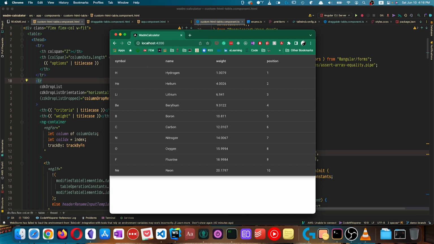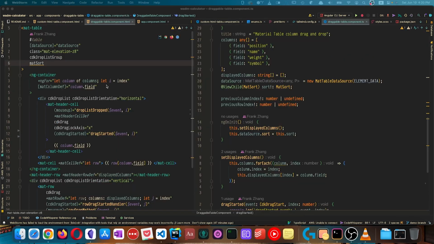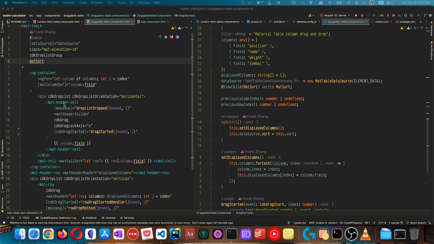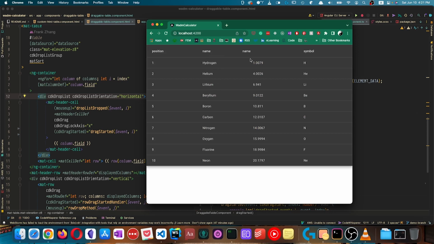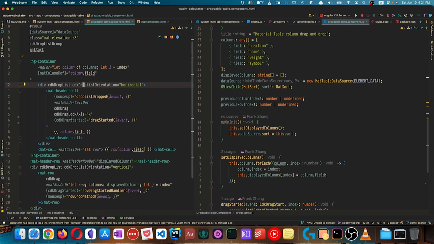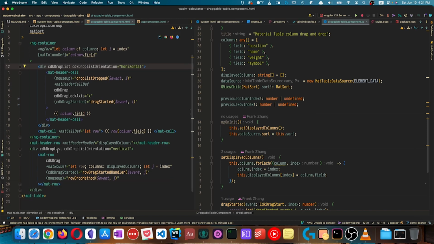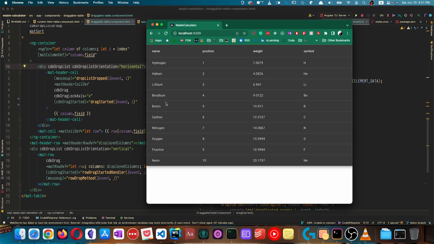your mat table. And if we take a look at the code over here, in the table element, we have a CDK drop list group, and this is going to be the parent container that is holding two CDK drop list directives. One is holding all of the table header columns. These are the columns. And another CDK drop list directive is wrapped around the mat row elements, which are these